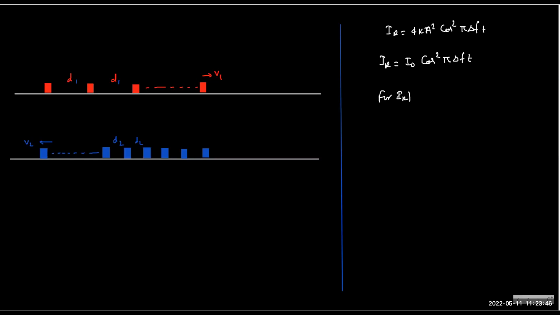So for IR minimum, the minimum is 0. So when cos is 0, when the angle is an odd multiple of pi by 2, right? Pi cancels. So you get t equals to